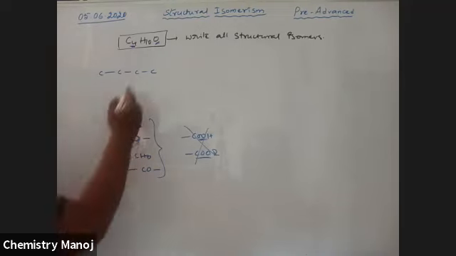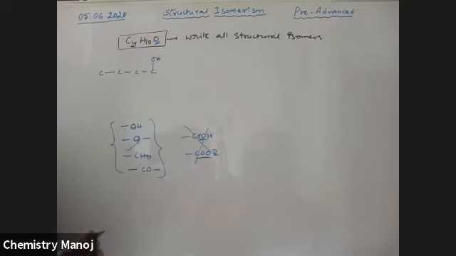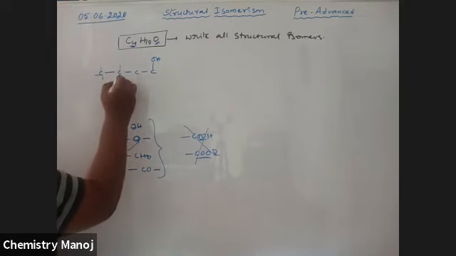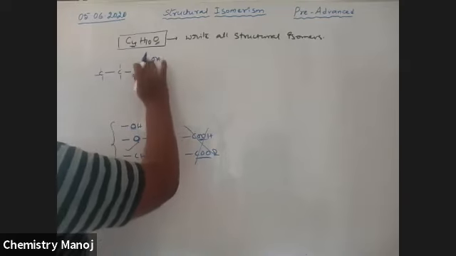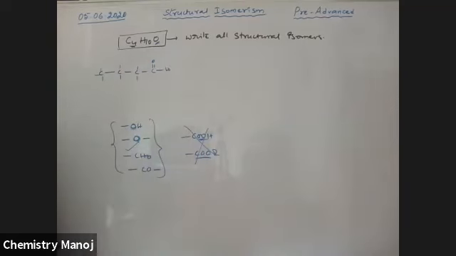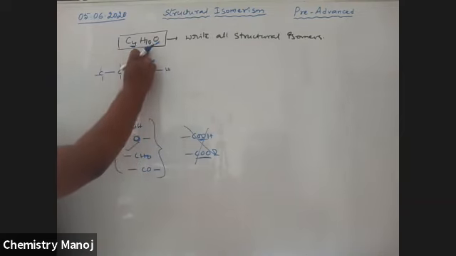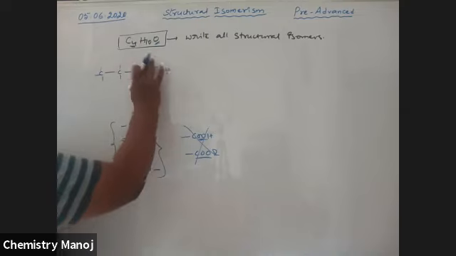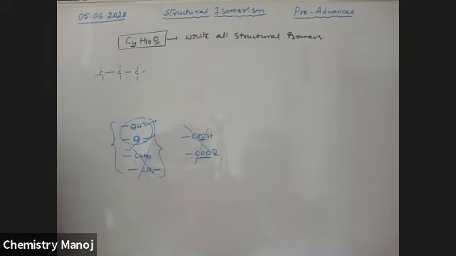Use one of these functional groups. So I'm writing OH here. Hit and trial method. 1, 2, 3 hydrogens, 4, 5, 6, 7, 8, 9, 10. It is sufficient. For example, I am writing this carbon as CHO. 1, 2, 3, 4, 5, 6, 7, 8. Only 8 hydrogens, but here 10 hydrogens are not matched. That is why only alcohol or ether. If alcohol is possible, ether is also possible. That is why these two are not possible.